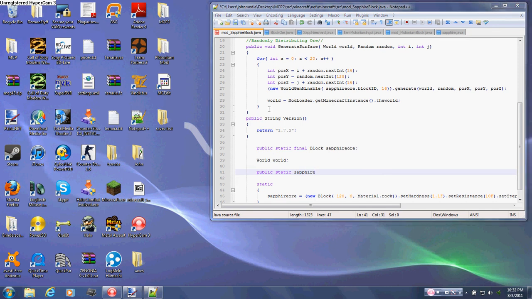Sorry, I paused the video right there. Wow, I was way off. So after the world, you want to put public static, and then you want to put item sapphire. Make sure the item, the I is capitalized. Then you want to put is equal to bracket new item sapphire. Make sure sapphire, the S is capitalized,